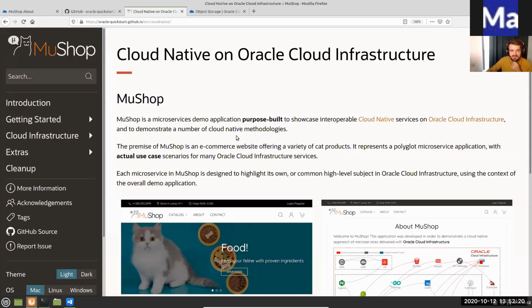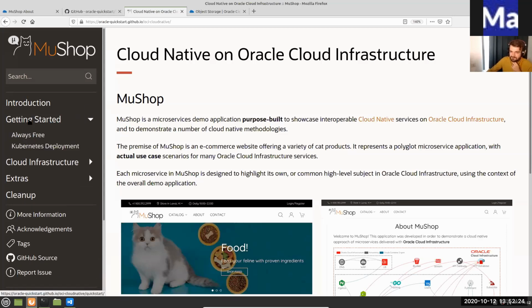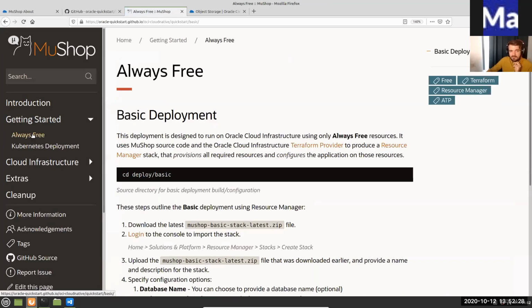How you can start using these resources. So for example, if I'm going to go here, I'm going to have the two options. The always free is the basic one. And why is it always free? Because I think it was already mentioned. For each user registering for an Oracle Cloud account, for life, we are offering some resources for free, like 2 virtual machines, 2 autonomous databases, which can be used forever and so on.